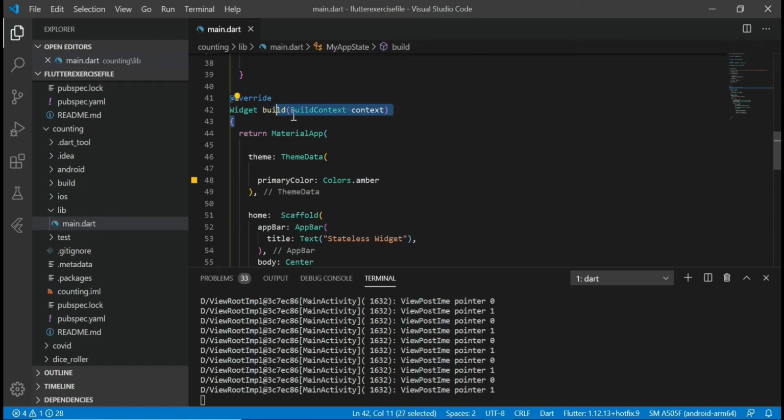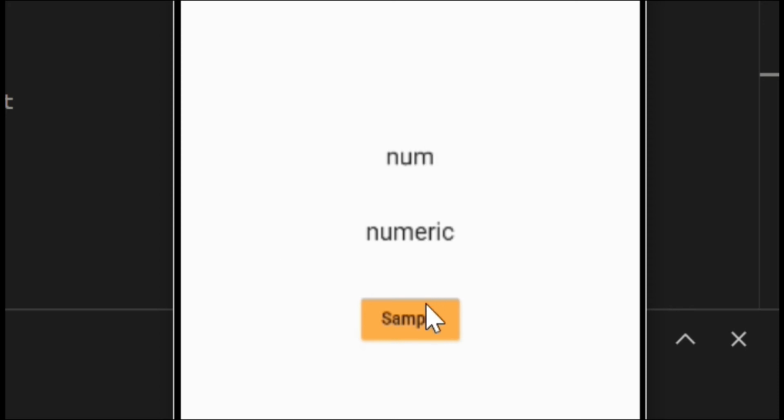There. Now congrats, we have built our first app successfully, and I'll assure you after this Flutter course you are capable of making any kind of app on your own. But for this you need to do one assignment. Now this is the app. Just do one thing. Just make your app like this. I'll show you. Now create an app like this. When we tap on the X button, the numeric counting also appears on the screen.